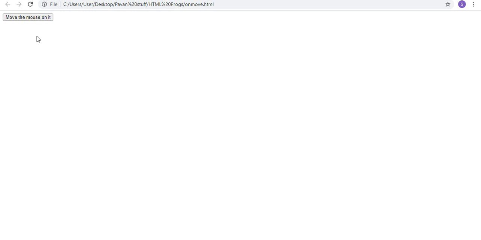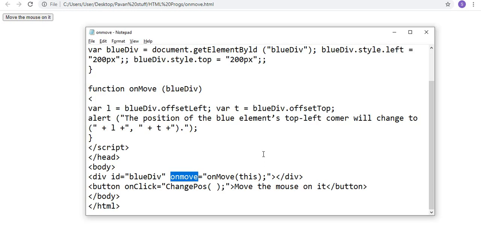See, when the mouse comes onto it, you can find the difference on that button. Just observe, right? Have you observed the difference? If I move the mouse on it, something has happened. Move the mouse on it, change positions.